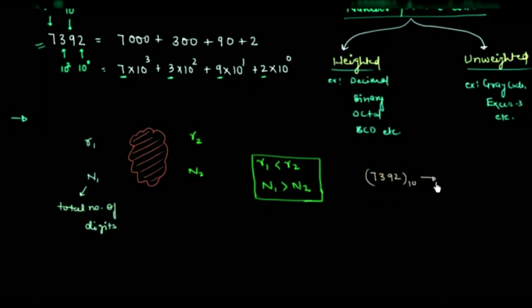Then in binary the quantity is represented by 11100110000. So you can clearly see the number of bits is way more as compared to the number of digits in decimal, because the base of the binary number system is 2 and 2 is smaller than the base of the decimal number system. If I represent the same quantity